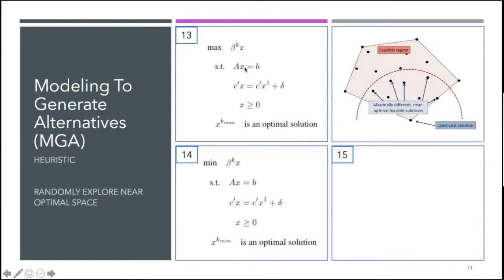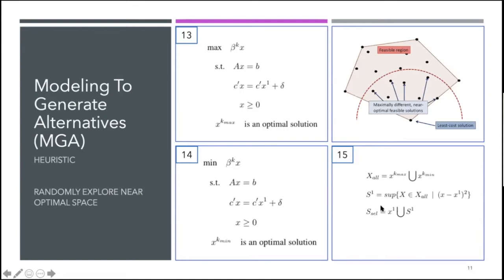So once we have optimal solution of this problem, which is xk max, and optimal solution of this problem, which is xk min, we then club them together and put them all in this set, right? So now we have a set of all of these parameters, and we want to find out a solution that is maximally different from the least cost solution. So what we do is we find Euclidean distance from the least cost solution, and a point which has the highest Euclidean distance from the least cost solution will be selected as the first MGA solution,